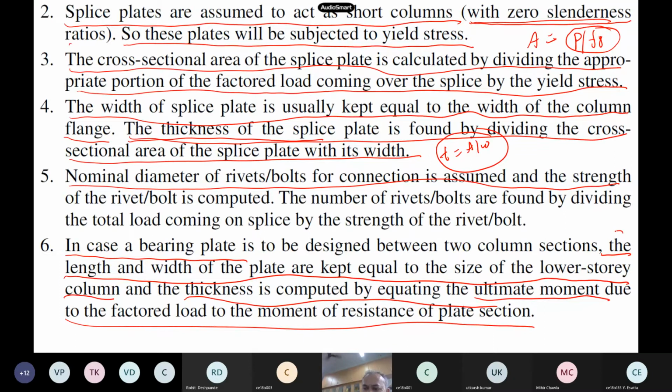So what does the code clearly say? Read this line: the length and width of the plate are kept equal to the size of the lower story column, and the thickness is computed, of course, from the bending moment. So the length and width of the bearing plate have to be the same as the size of the lower story column.